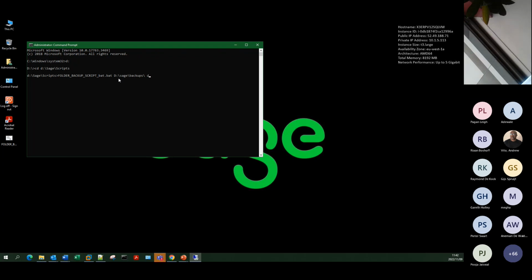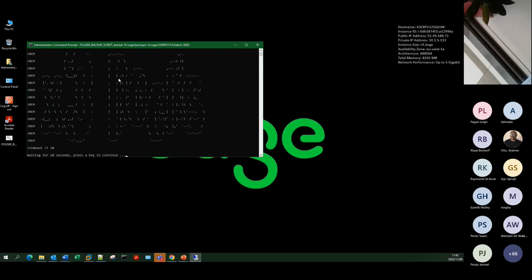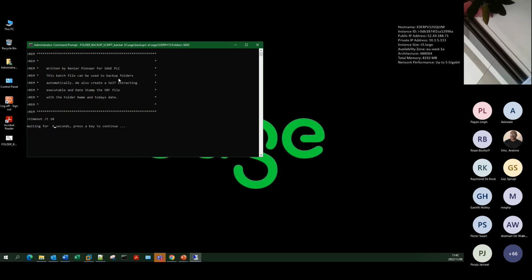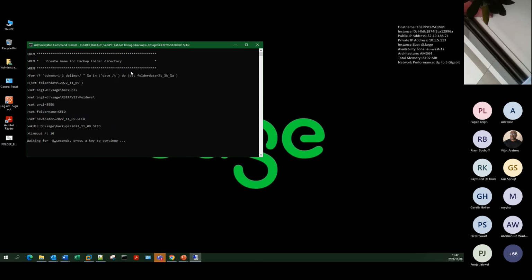Backups. And then the folder directory, which is basically Sage XV ERP V12 in this case, what they called it, and then folders like that. Very important that that's exactly correct, otherwise it won't work. And we're going to back up the seed folder. So let's have a look and see what's happening. So now